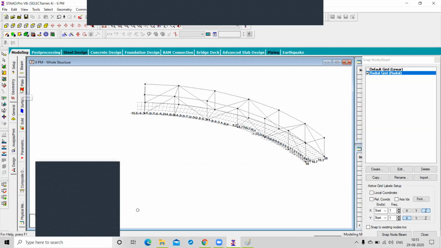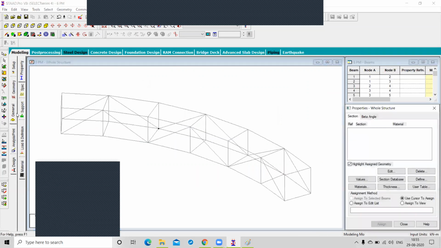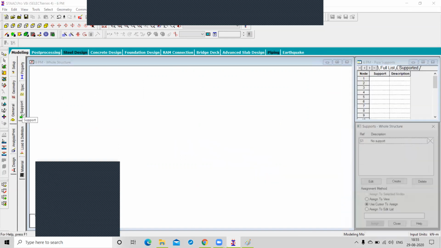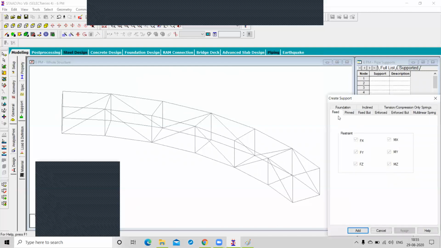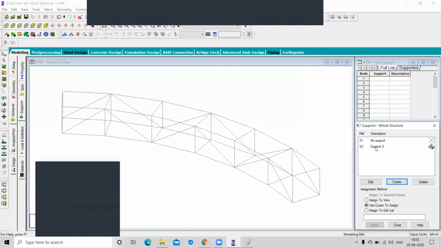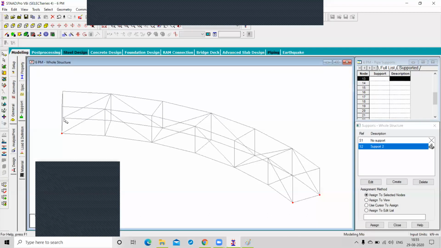Now you can apply the support also. You can go to the general, click on support and choose create a support, choose fix, click on add, fix this and choose this particular node to apply support and assign.